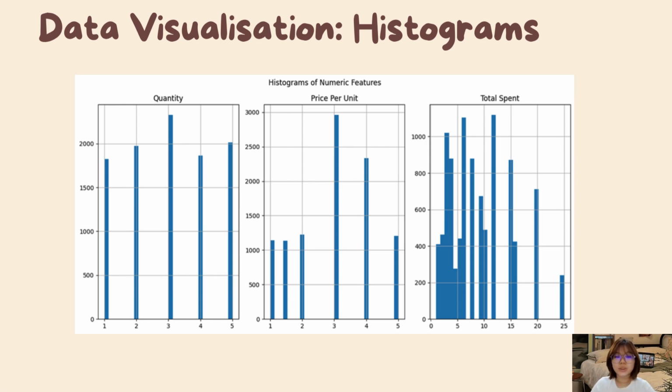total spend. The quantity chart shows a balanced distribution with 3 being the most common, reflecting the consistent purchasing habits of the customer. Price per unit peaks at $3, indicating that most products are priced at around this range. For the total spend, the data is right skewed, with most customers spending under $15 and a few spending up